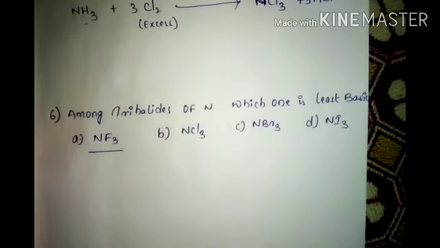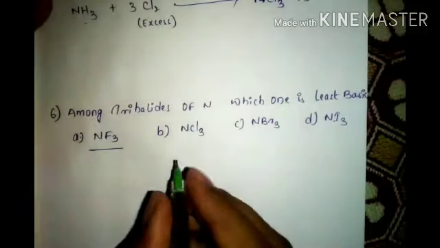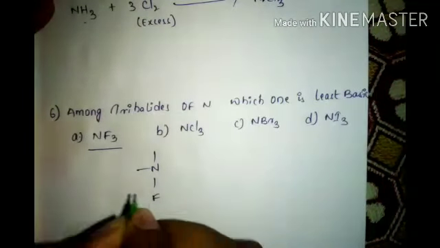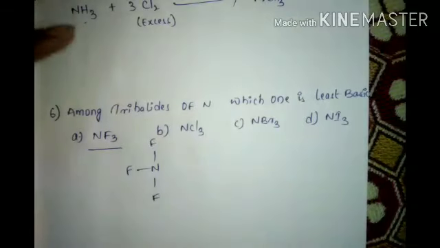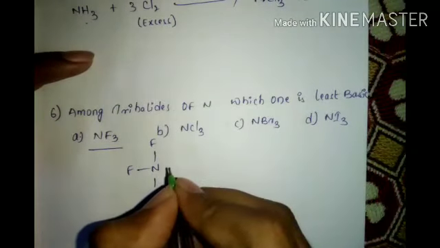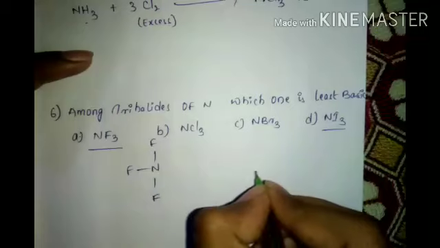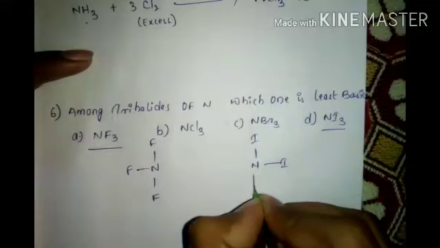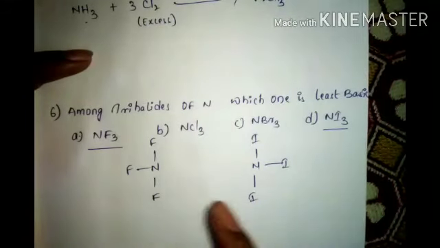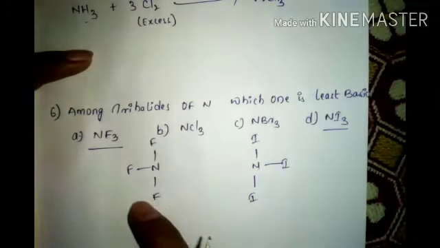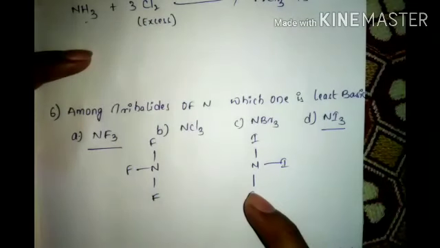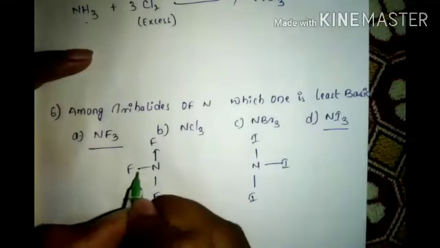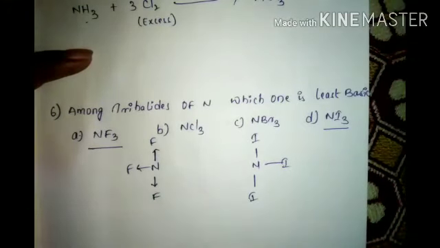Okay, but why? Now let's take NFFF. See, look at here. This one also I am taking. For explanation purpose I am taking this. Here, what is the difference? Here more electronegative 3 are there. Here least electronegative 3 is there. So this bond is grabbing like this. These electrons are grabbing like this.